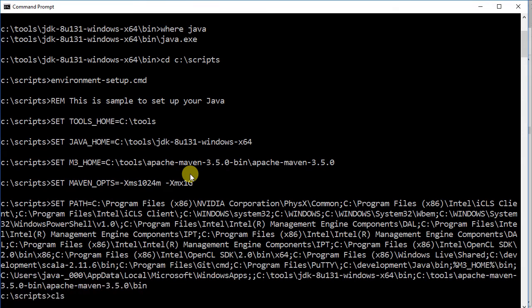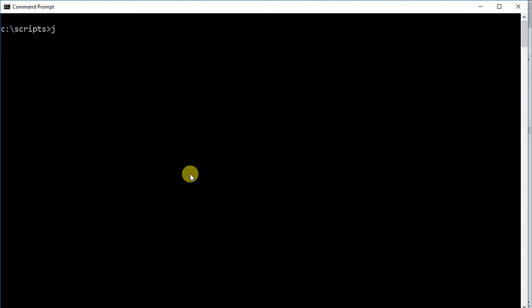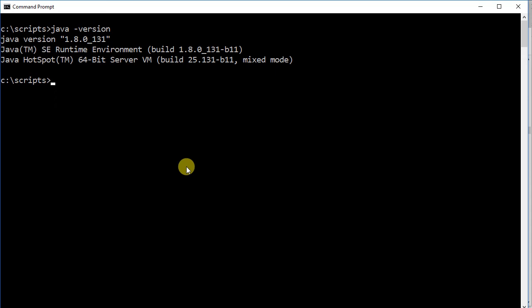So now if I do CLS to clear the screen, and if I do java -version, here we go. So now I can run the java command from any folder. So I can also change directly to projects. This is where I'll be having all my Java projects. And then if I type in java -version,